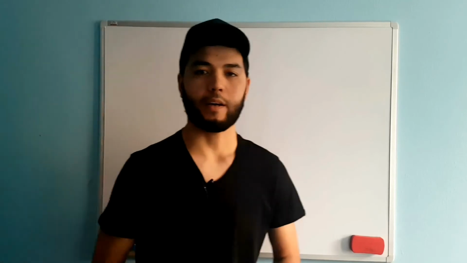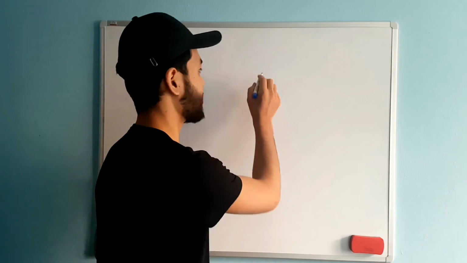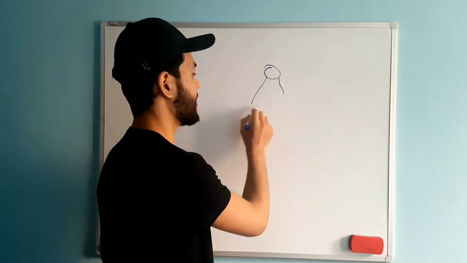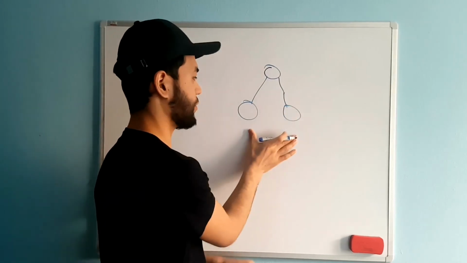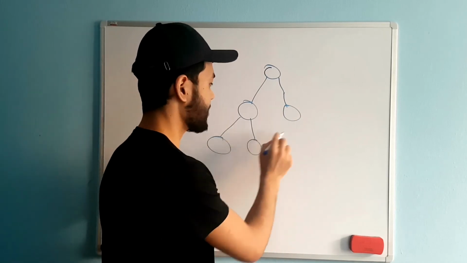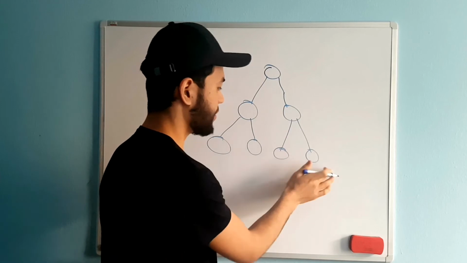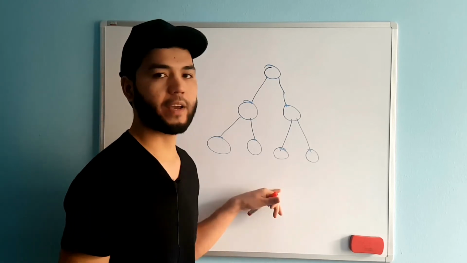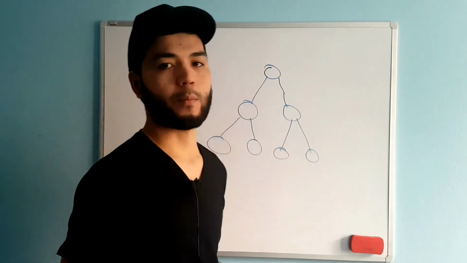Next type of binary tree is the perfect binary tree. In a perfect binary tree we have a root node, and each node has 2 children, and the leaves are located at the same level. If it looks like so, it is a perfect binary tree. It means